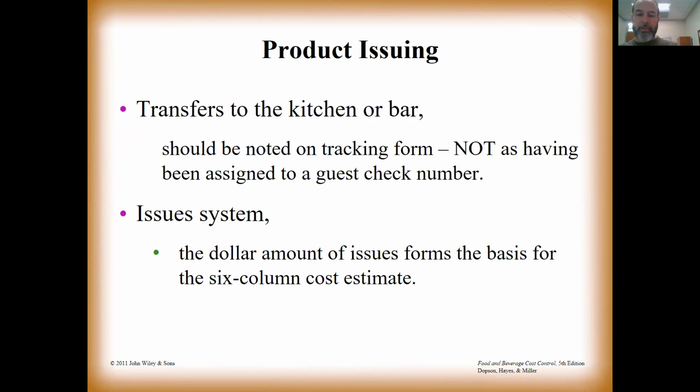So the issuing system allows us to track all that we intend to use. And once we have that basic information, we can use that to manage the expenses,